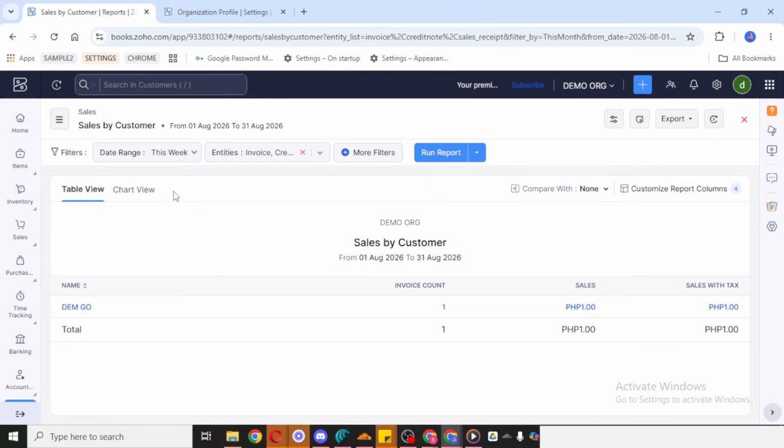If your setup includes entities, you can also enter or select the relevant entity at this stage. This helps narrow the report so the downloaded file contains only the most relevant sales information.